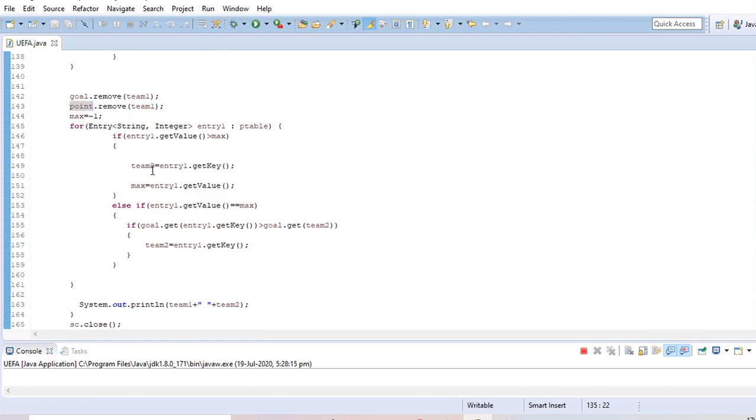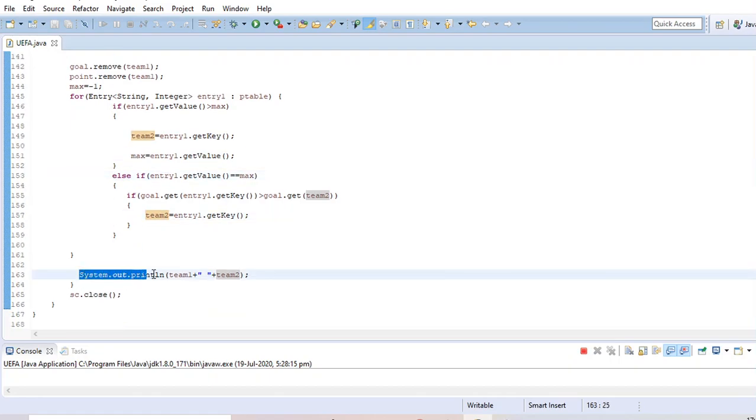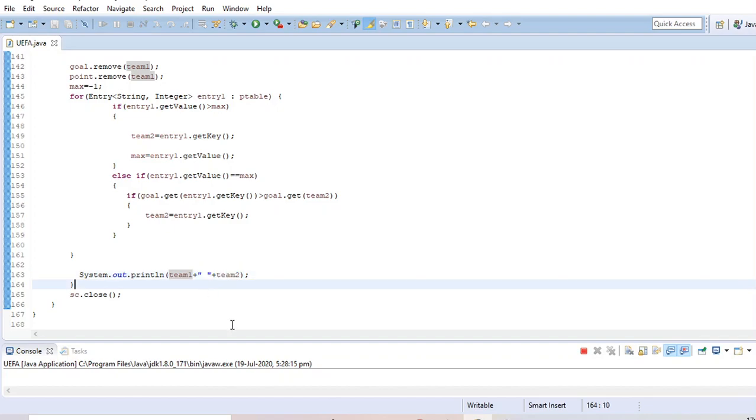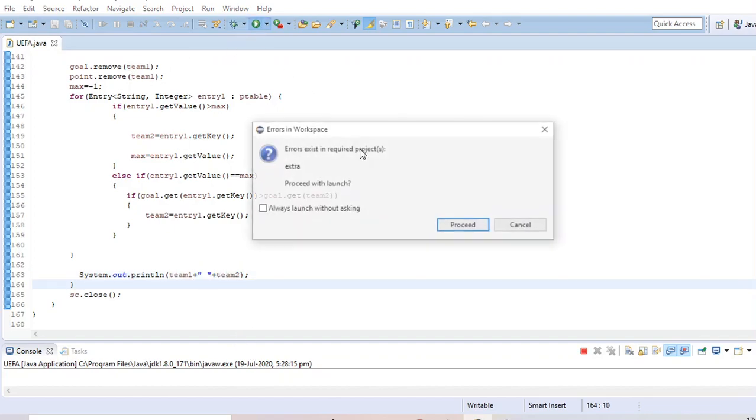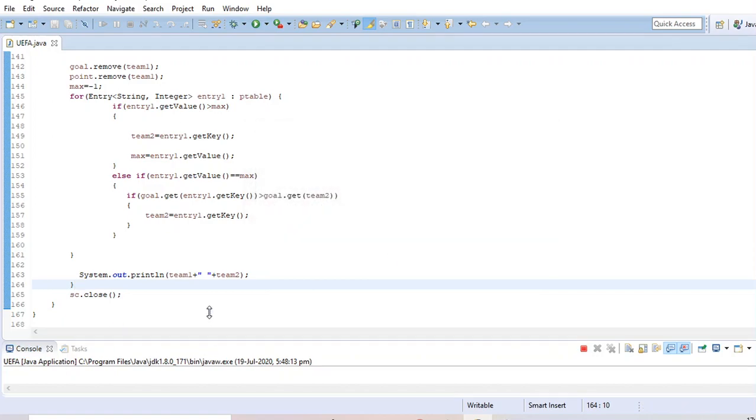I take this second highest ranked team in team 2 and the value in max. Then I use system.out.println to print these two team names, team 1 and team 2, with a space. Then I am going to run the program.